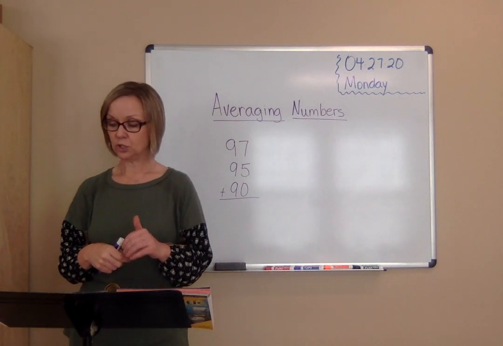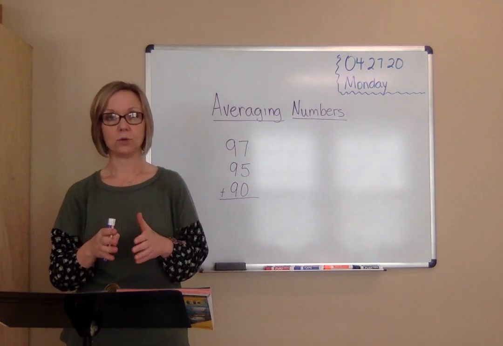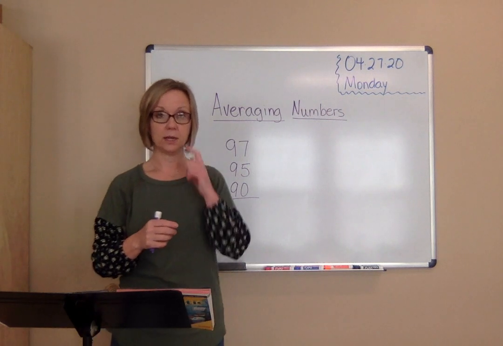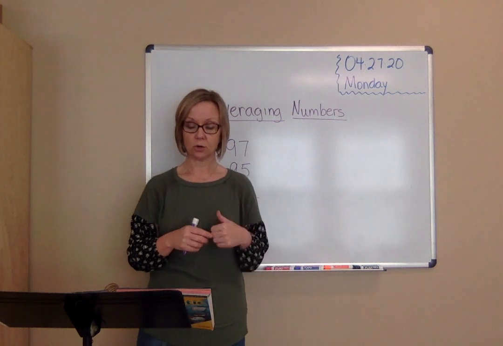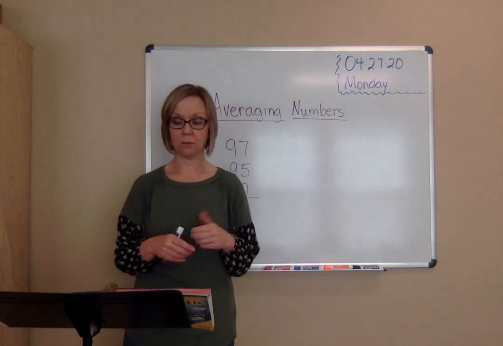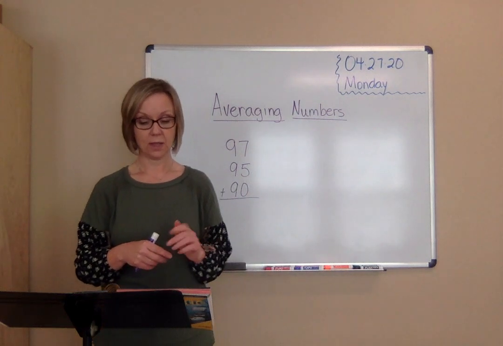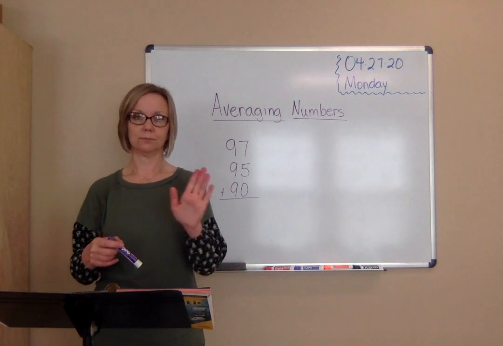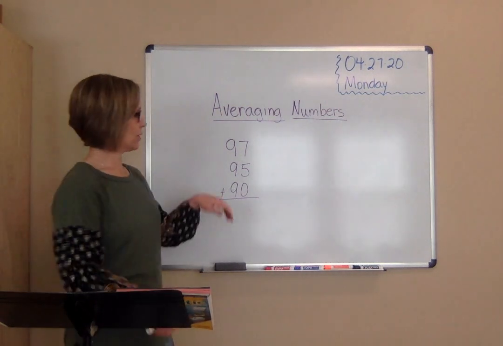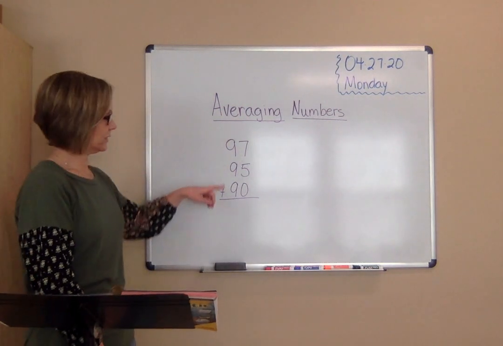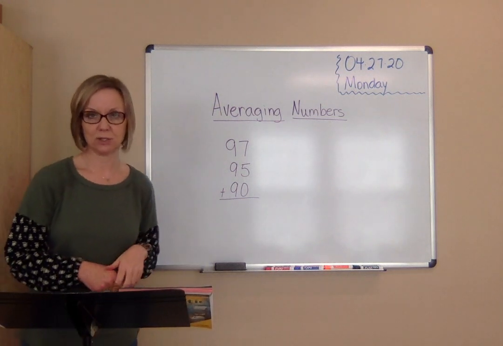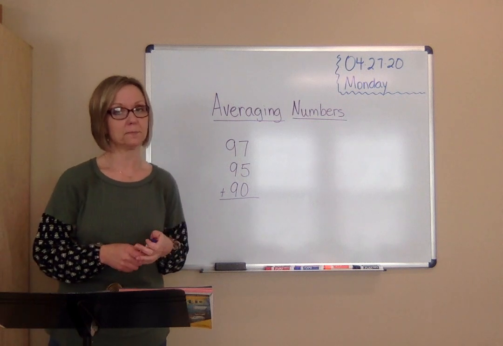So, with that in mind, let's talk about averaging numbers. The average is the middle value of a group of numbers. Look at number 1. Add the group of numbers. You divide the sum by the number of add-ins, and then the quotient is the average. All right, so let's just talk about that for a second. So on the board, out of your box, we have 97, 95, and 90. Let's pretend like these are grades, because these are great grades, right?